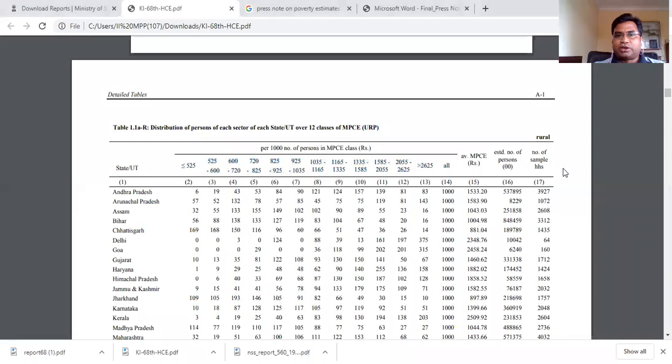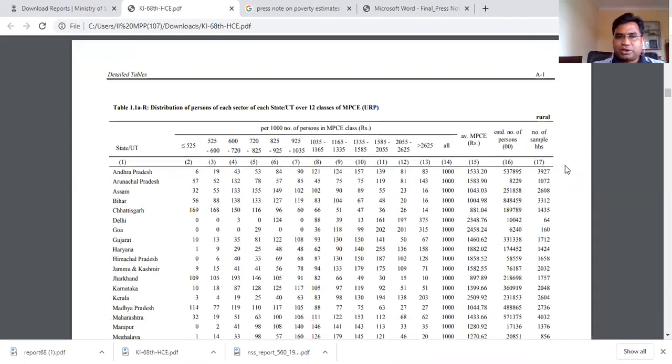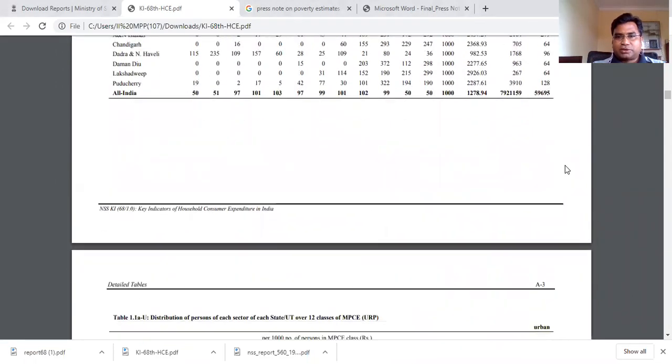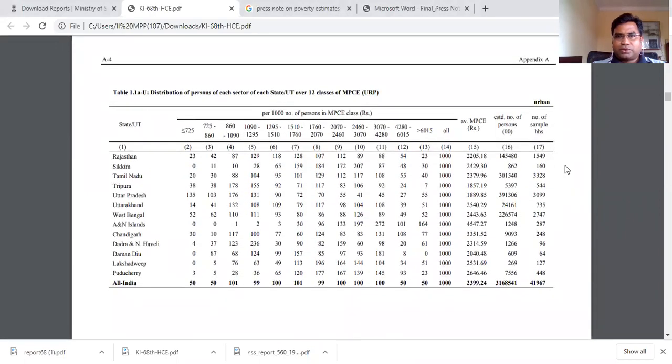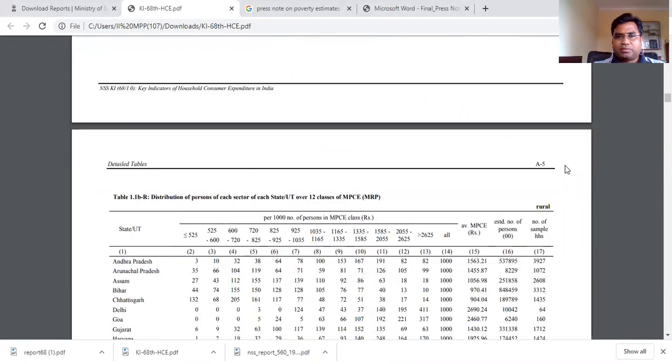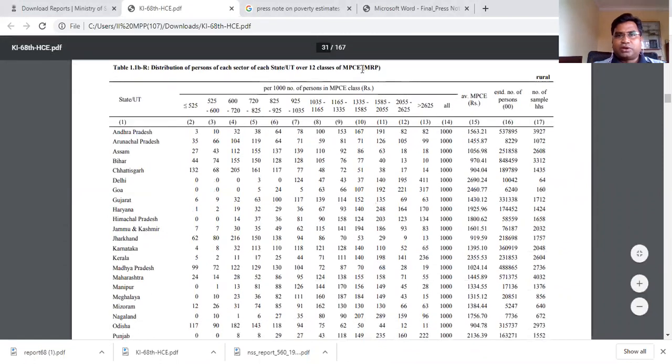And remember, because item serial number 49 is for MRP, we can't look at this URP table. We have to get into the MRP table. So let's just move to F5. We have to find out the MRP here. So here you can check, this is the MRP file, right? So MRP rural, that's okay.